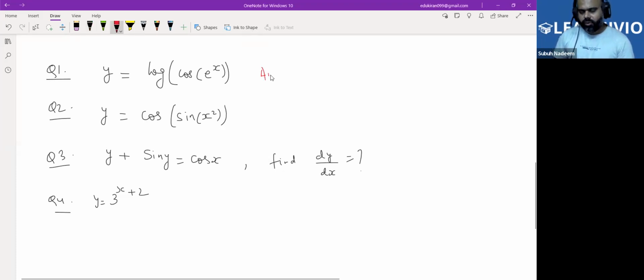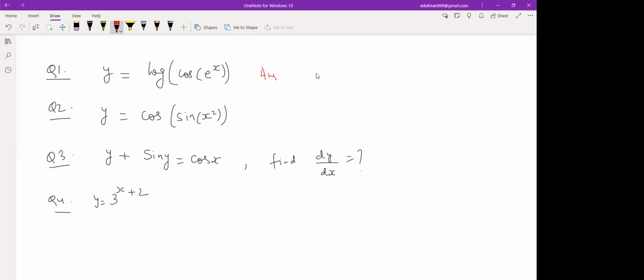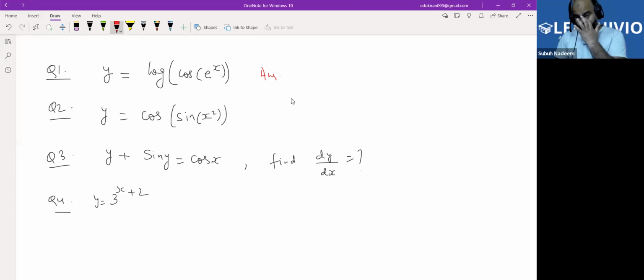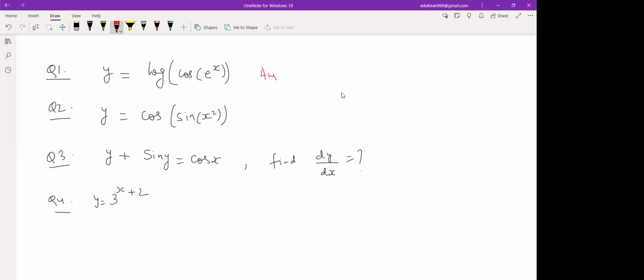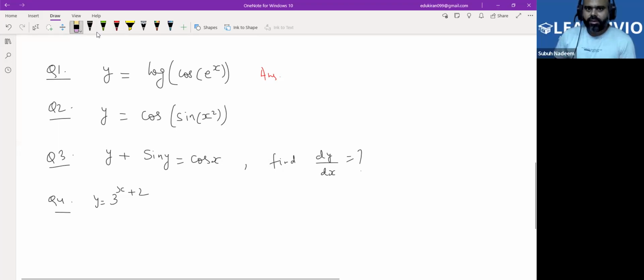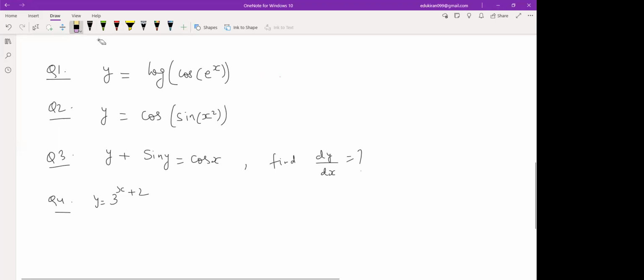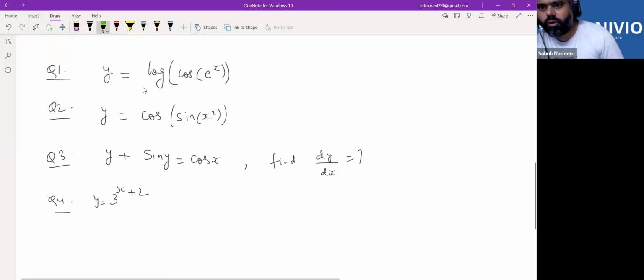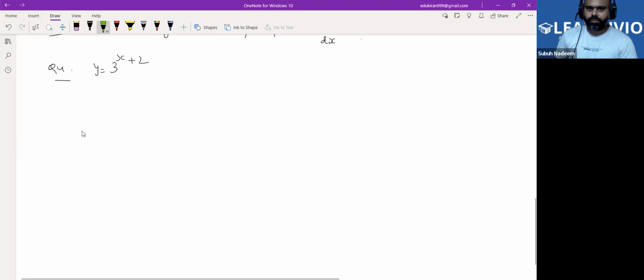So what is the answer for the first one? 1 by x into cos into e to the power x, then log into minus sin e to the power x. No, no, no. It won't be like that. Because if you see here, there are three functions. So if you want to differentiate log of cos e to the power x,